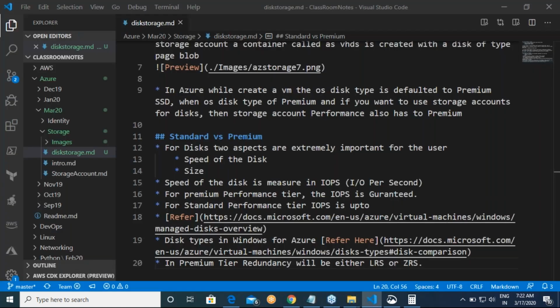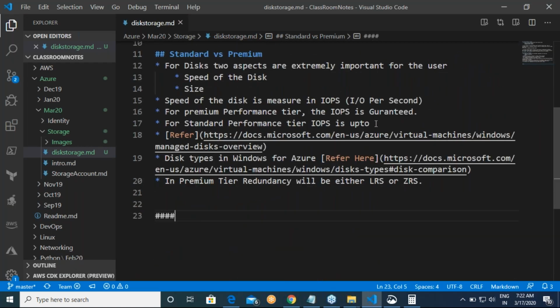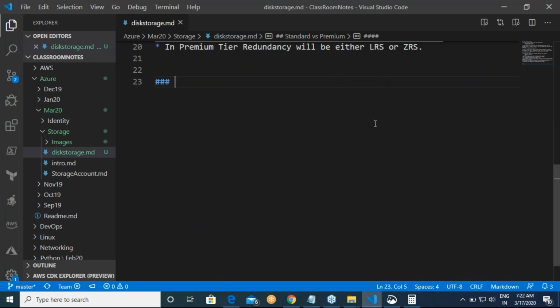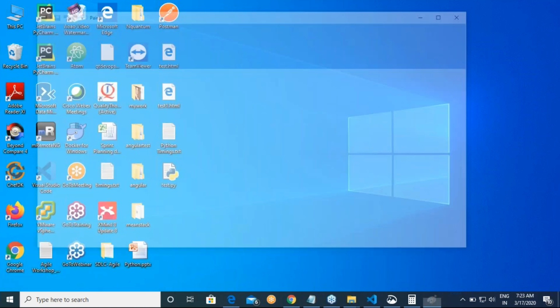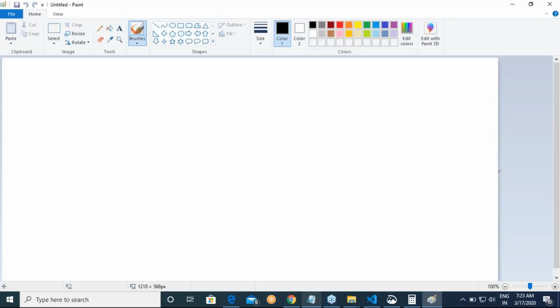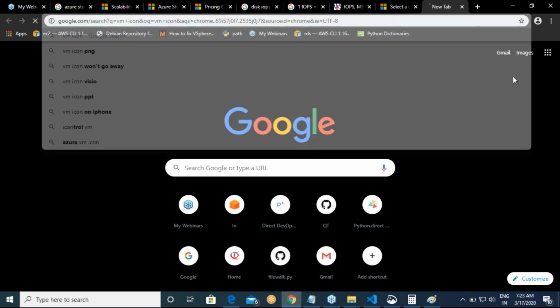Now let me speak about the different disks for an Azure VM. What are the different disks that an Azure VM can possibly have? From there, we will get into the whole story. Understanding storage accounts and disks is no longer required, is no longer an option, but we still need to understand that there is something like that.